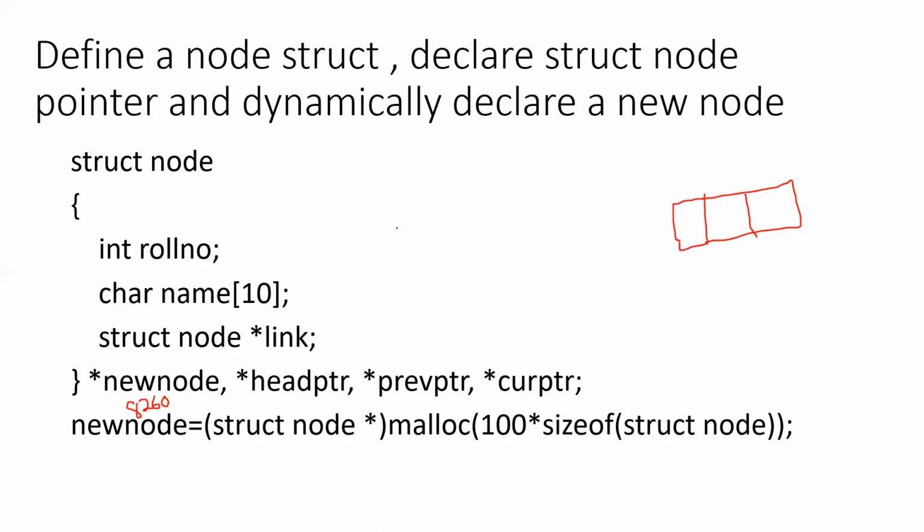So this is the step 4. This is for defining the struct node. This is for declaring the node pointers, and this is for allocating memory for a new node. So new node pointer you have declared over here. You know that when you declare a pointer, we will be using an asterisk symbol. Thereafter, when you are using a pointer, you will not use asterisks. I repeated many times. So new node here is a pointer variable into which we are returning the address returned by the malloc function. Right. So this will be coming in between the program. So I'm just keeping it in a slide so that you can understand.